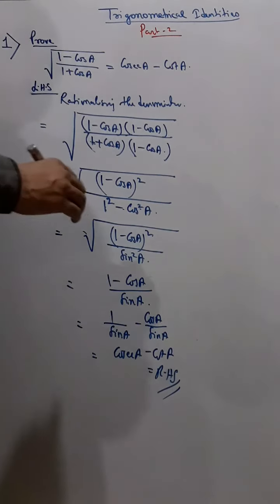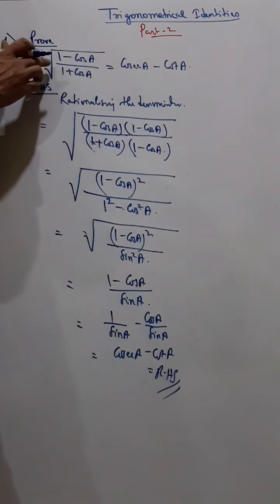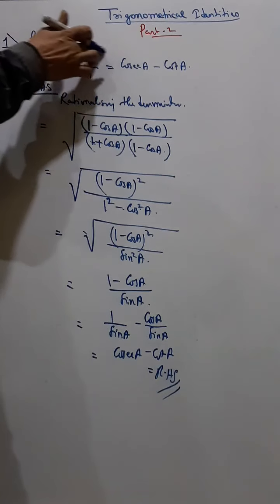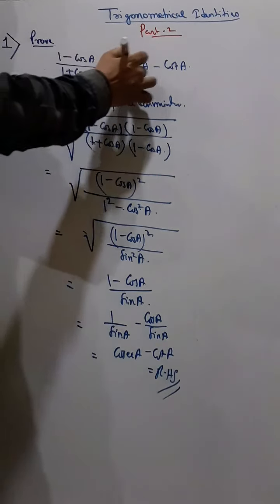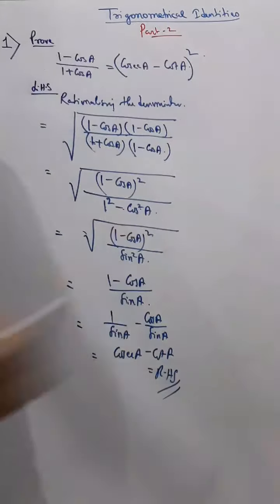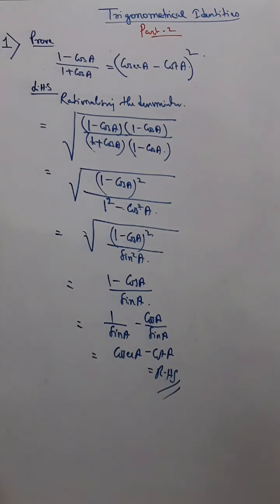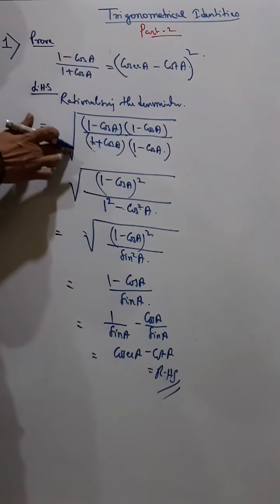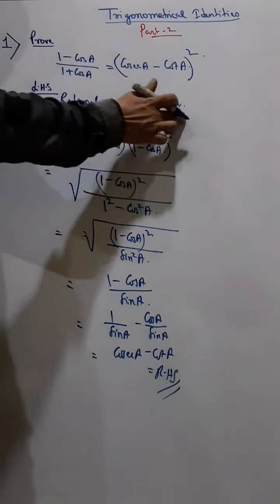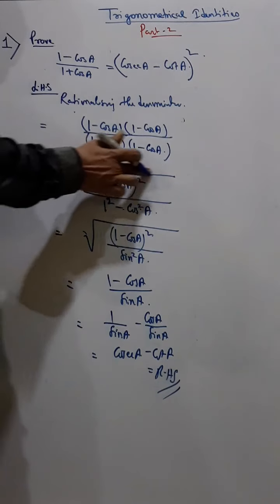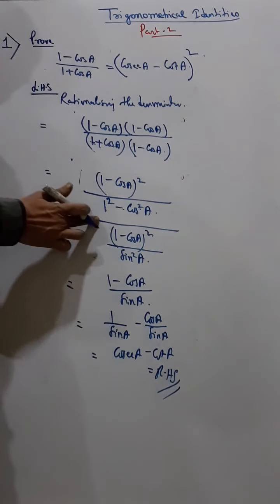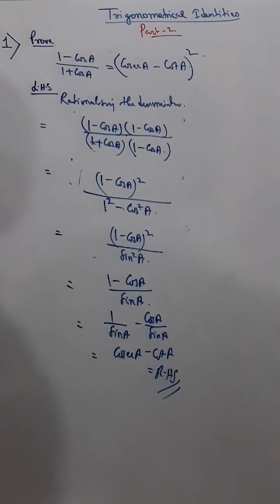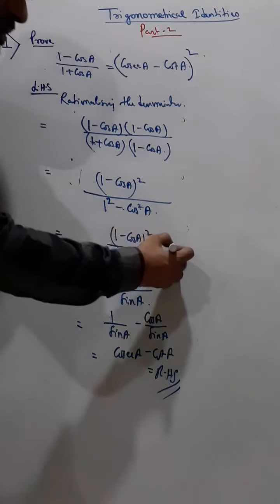Now sometimes you may also find the same sum, but they will not give you a square root, they will give you a whole square. Understand? So in that sum the square root will not be there, you see. So what will happen? I'll do it in the same method. So only the difference is from here.